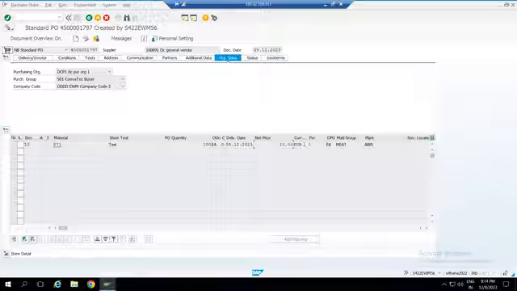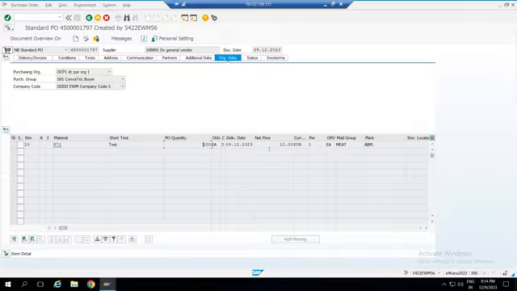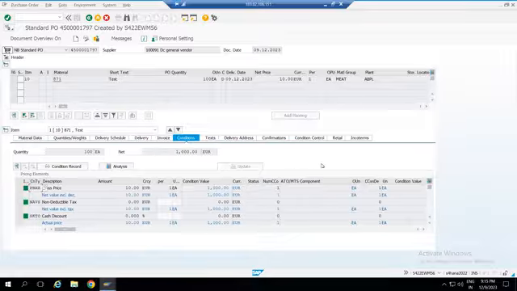So 100 units of Apple are to be procured at 10 euro per piece, or per unit. Euro here is a currency, because it comes from the plant address. In this example, I gave you the reference of Dallas, but the plant is in Germany. So this purchasing body is in Germany and the company code is Germany. Okay.